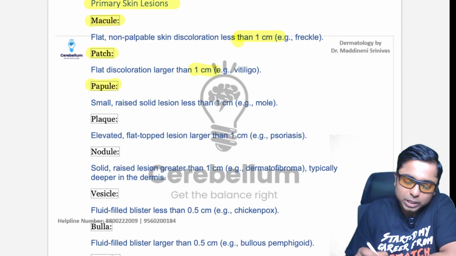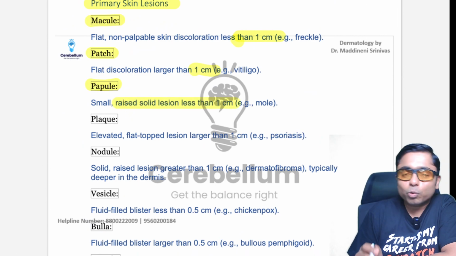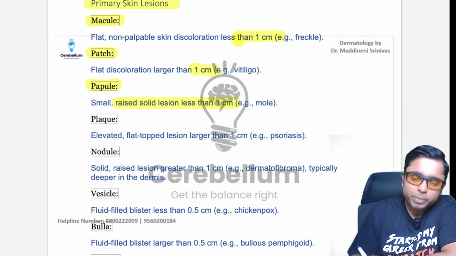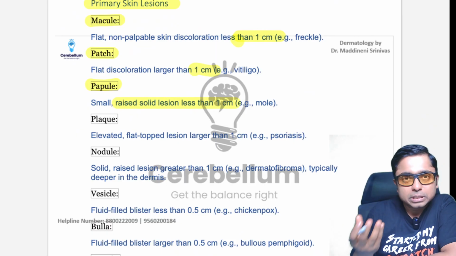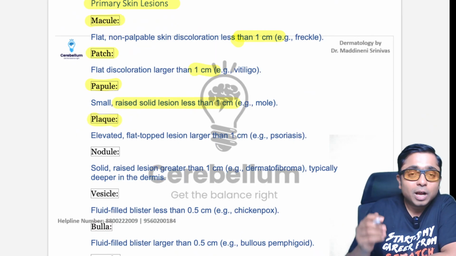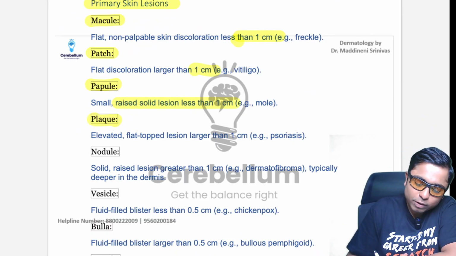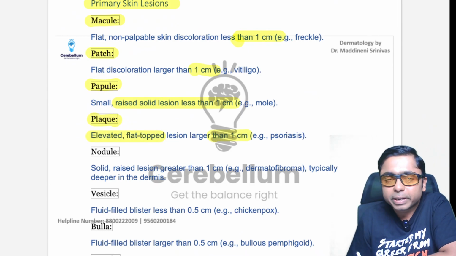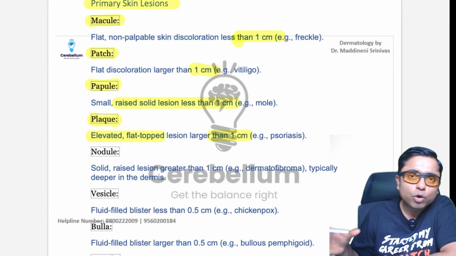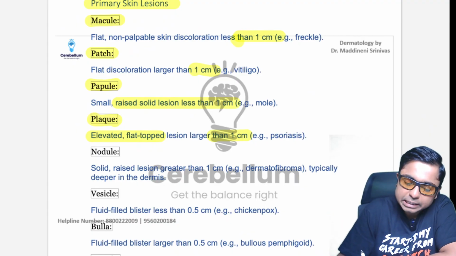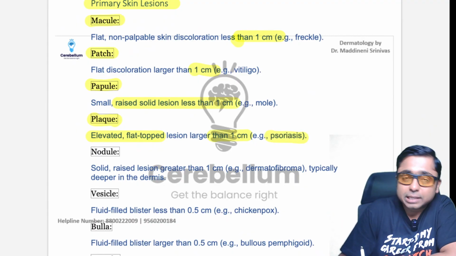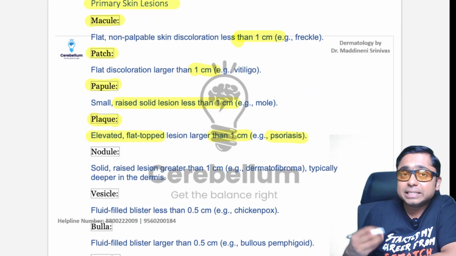What is a papule? Remember, a solid raised lesion less than 1 centimeter is called a papule. You might have seen papules in the case of acne. A plaque is an elevated flat-top lesion which is larger than 1 centimeter, usually formed by coalescence of many papules, and this can be seen in psoriasis, where you are going to see silvery white scaling